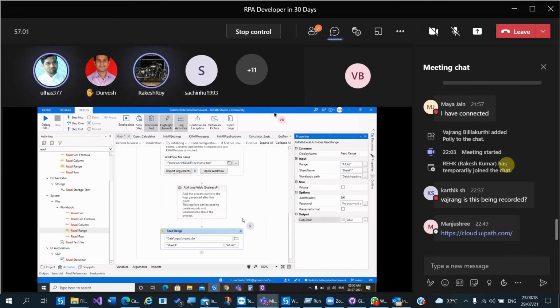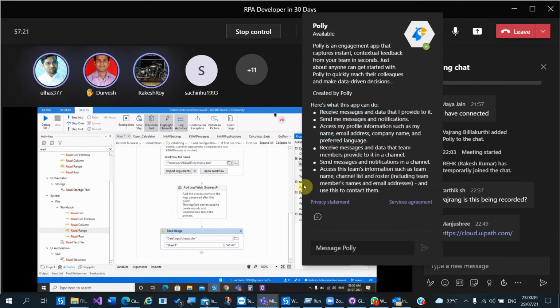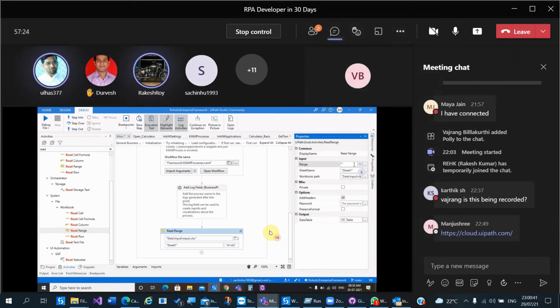Go to Read Range. Update the read range scope. It is reading from A1 and A2 cells. Just delete the A1 and A2 and keep it blank, only double quotes. Blank should work, right? Yes, double quotes will work. They should be empty.